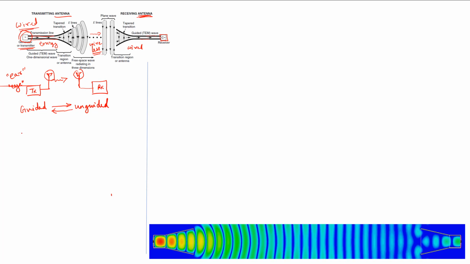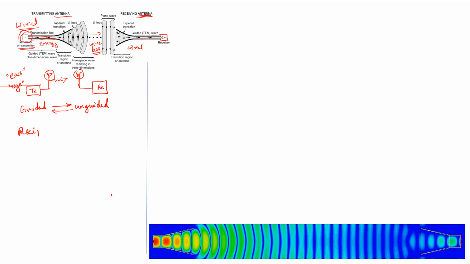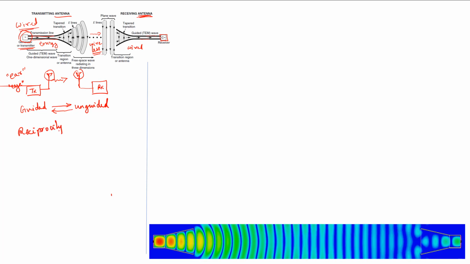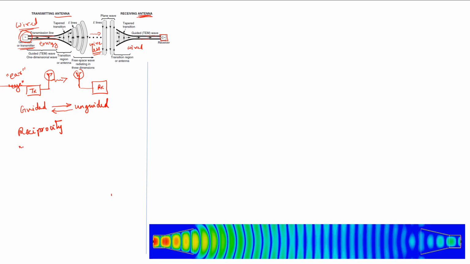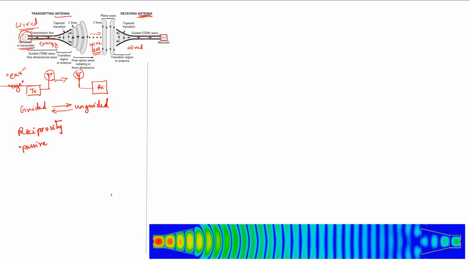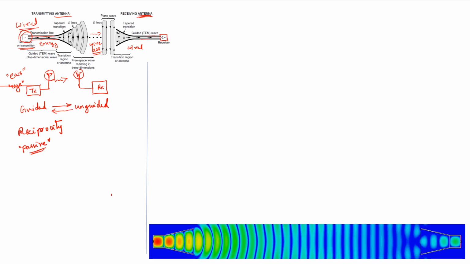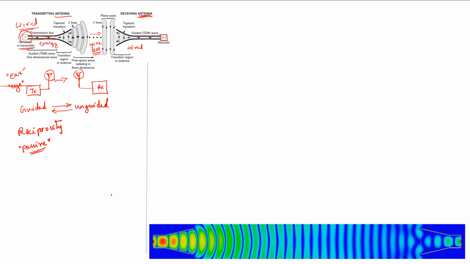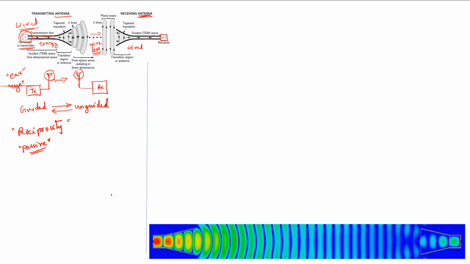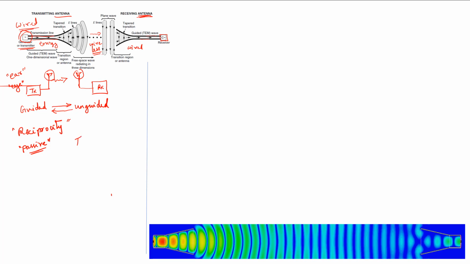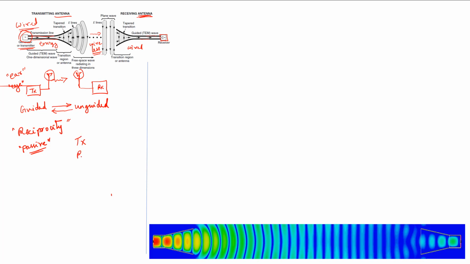That property of an antenna is called reciprocity, which means that all passive antennas have this property. Passive meaning they are not powered. They have this property of reciprocity where the same antenna can be used for transmitting as well as receiving